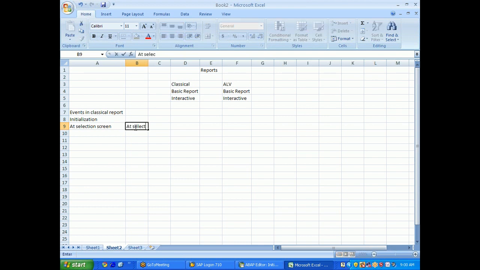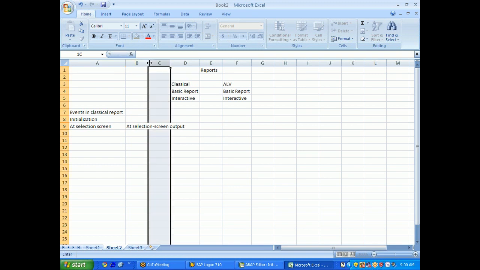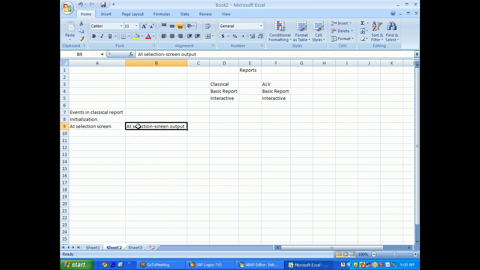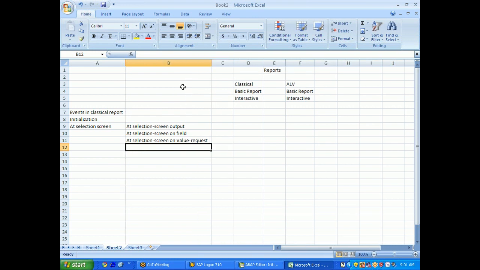Those are at selection screen output, at selection screen on field, at selection screen on value-request, at selection screen on